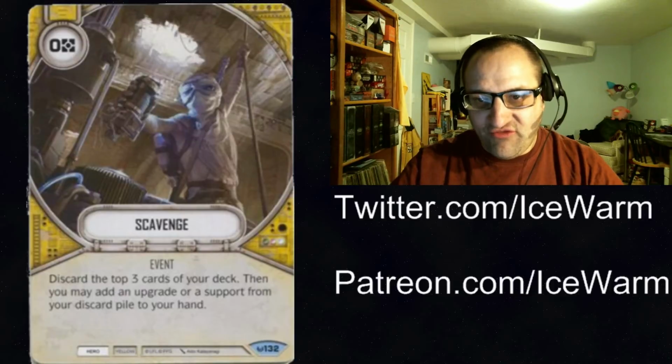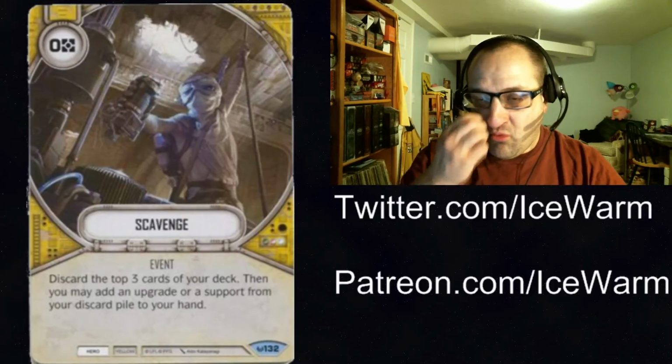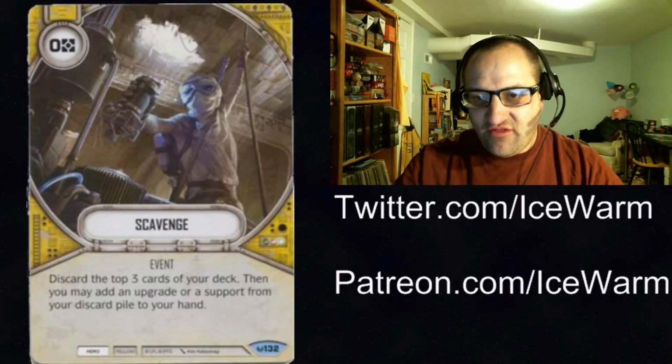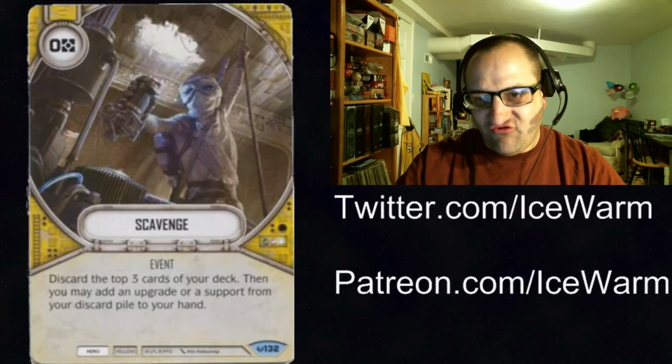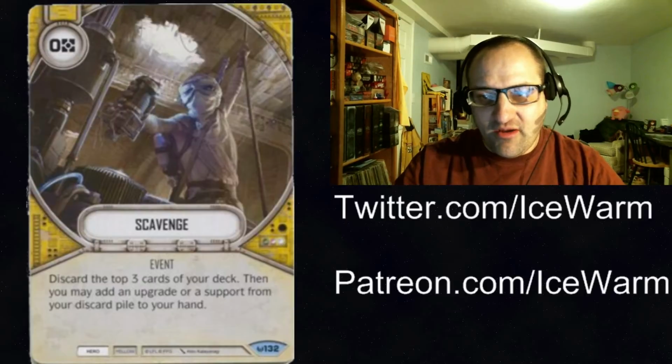One of the notable decks I played it against, or in it, was Hyperloop. So I discarded the Millennium Falcon from the guy's hand, and he was able to, on a future turn, play Scavenge to get the Falcon back. Downside is you do have to discard 3 cards to do it, but also an interesting thing about it is